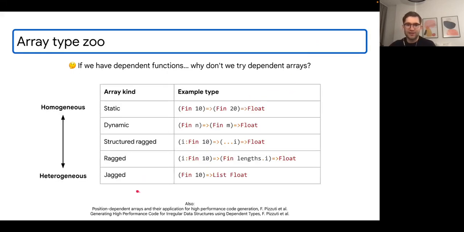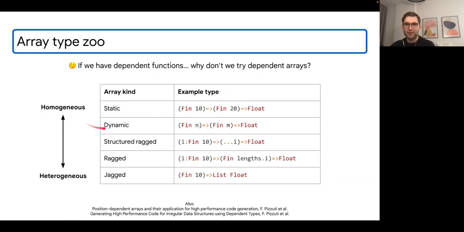And in fact, we weren't the only ones. We've learned that others have independently developed, very recently, some theory for that as well. But I will show you how this looks in the context of DEX. This is a little made-up taxonomy of array types that we formulated some time ago, ranging from the most homogeneous to the most heterogeneous arrays you can possibly get. At the homogeneous end, you have arrays with entirely static bounds, like here a 10 by 20